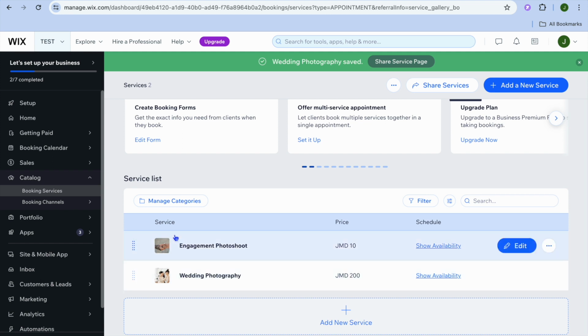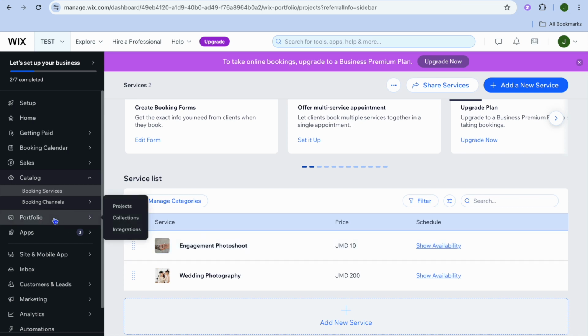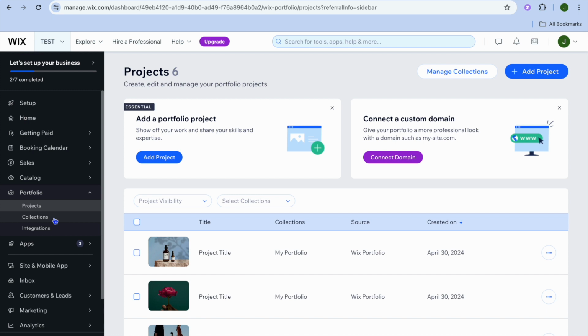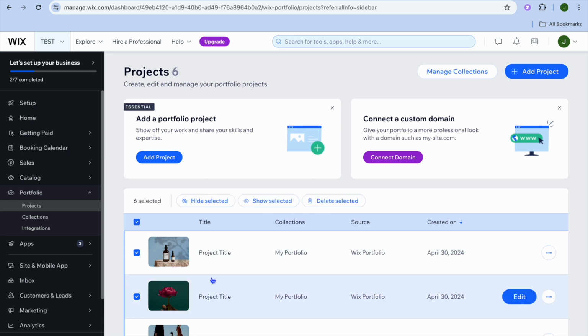Now that we have added some services that we'd like to offer, it is now time to add some proof. So we're going to select portfolio from the left hand menu option. And from here, you can remove the sample projects by tapping on the box right here. You could select delete and you could remove the sample projects that were added. Then you will tap on